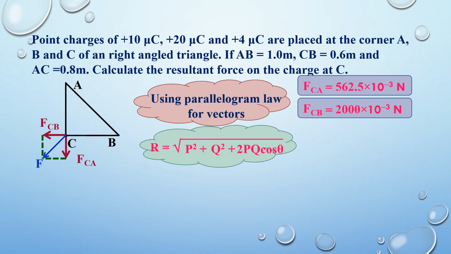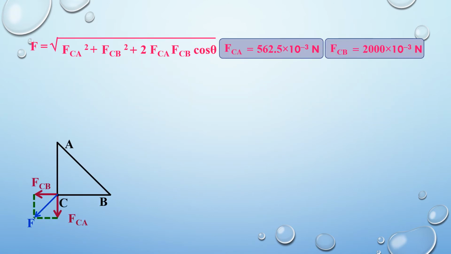The resultant F, which happens to be a diagonal, is given as root of FCA squared plus FCB squared plus 2 FCA into FCB cos theta, where the values of FCA as well as FCB are known. We will substitute them to get an answer, where we know theta is equal to 90 degrees. So on substituting, we get